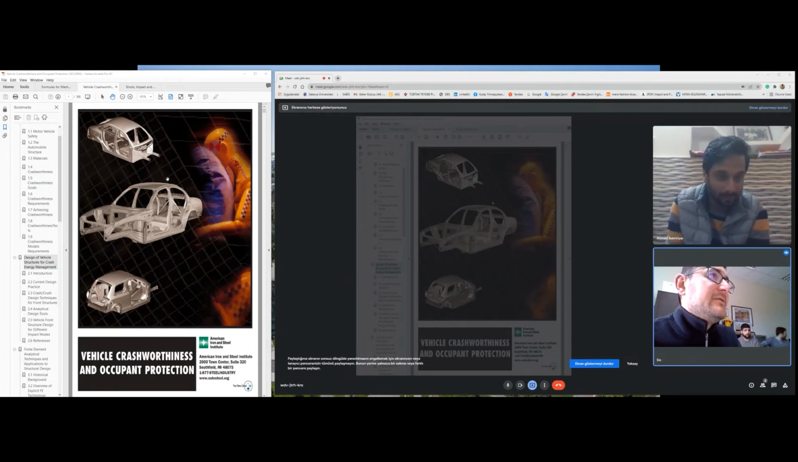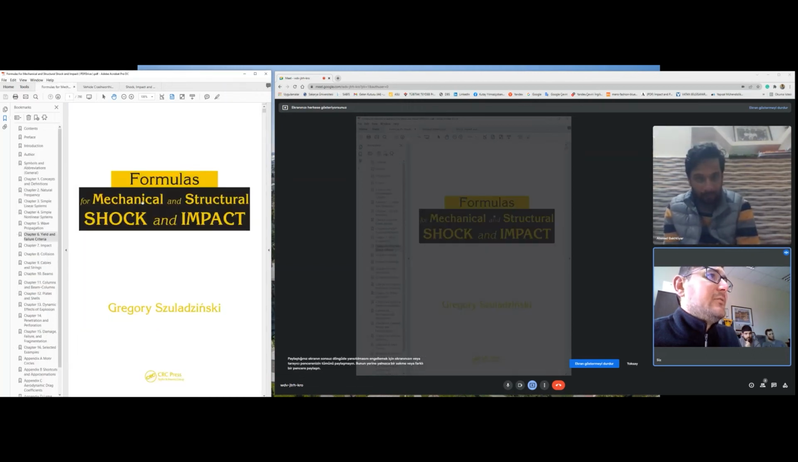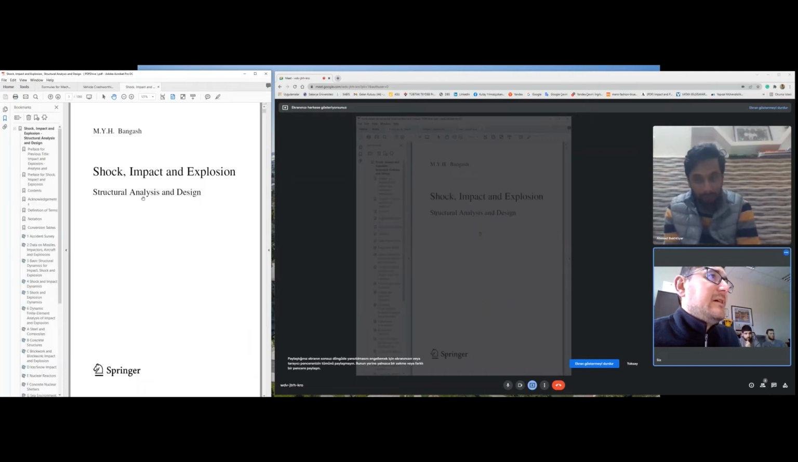Okay, I have found the book Vehicle Crashworthiness and Occupant Protection. This one is coming from the American Iron and Steel Institute. We also offer this book, and Formulas for Mechanical and Structural Shock and Impact, this book, and Shock, Impact and Explosion. You should buy these books